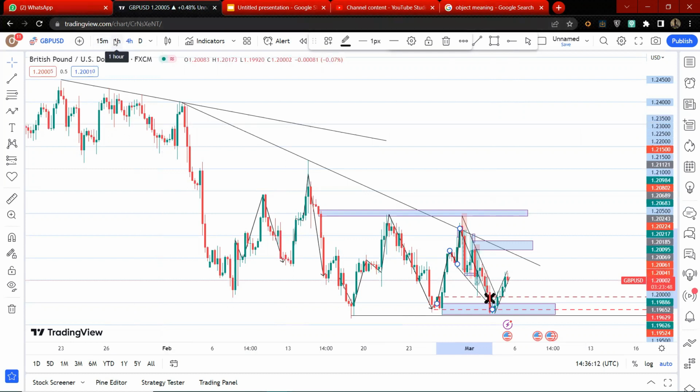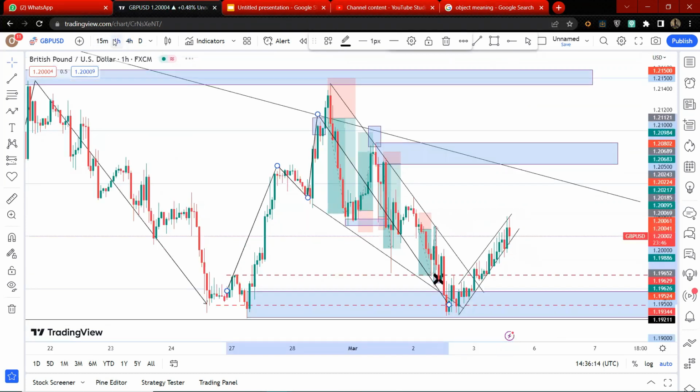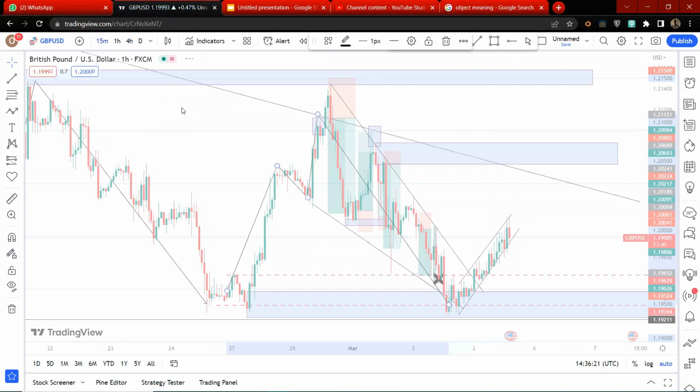So the 4-hour time frame is for the main trend, the 1-hour for the current trend, and the 15-minute for my entry. Let's drop down to the 15-minute and determine how I entered most of these trades and why I sent the signals to the Telegram group. Of course not all signals, because it's kind of tiresome, but let's break them down.